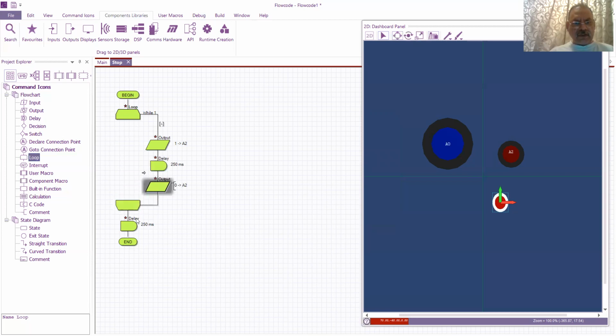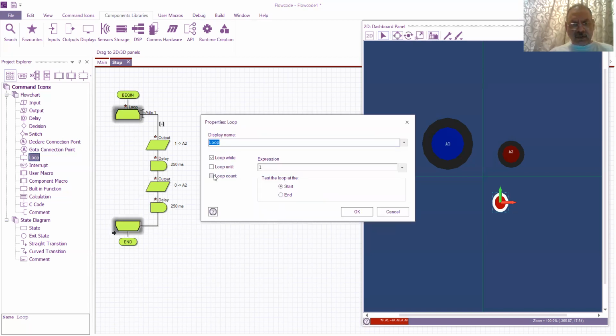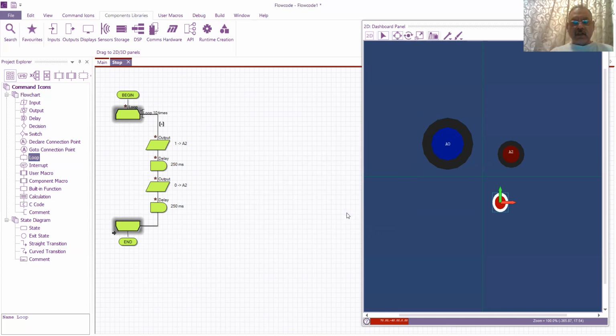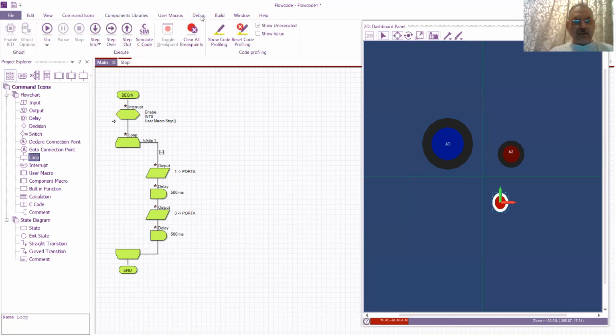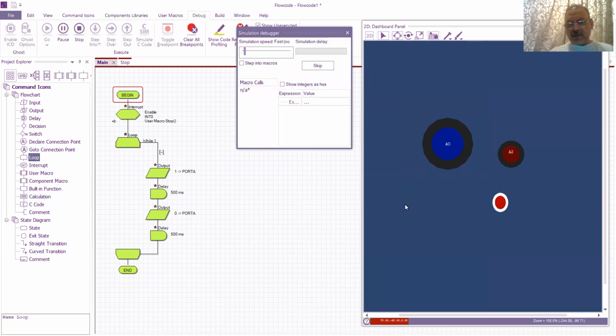But how to end this loop? I'm going to say that the loop count should be 10. So it's going to blink this LED for 10 times, and then it will go back to its own program and will keep running the original program. And then we go on to debug, try running it, and there you see the